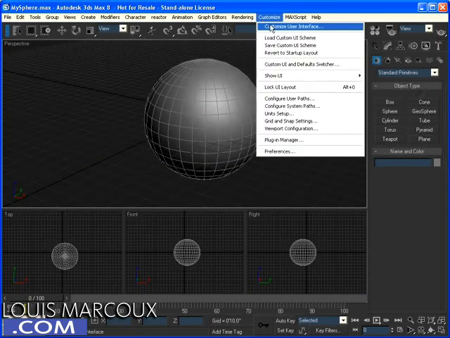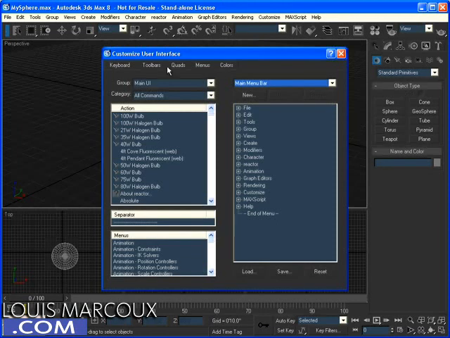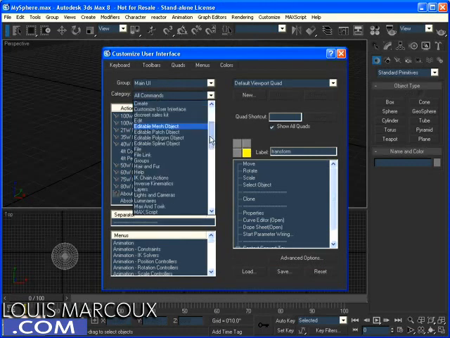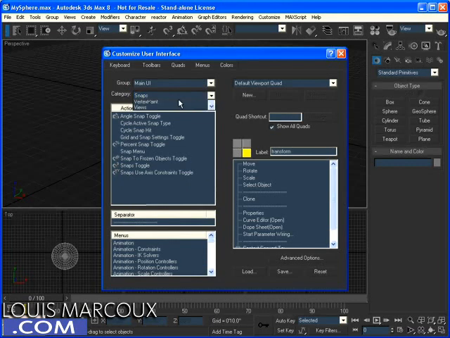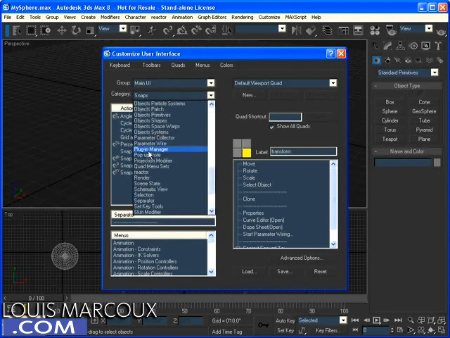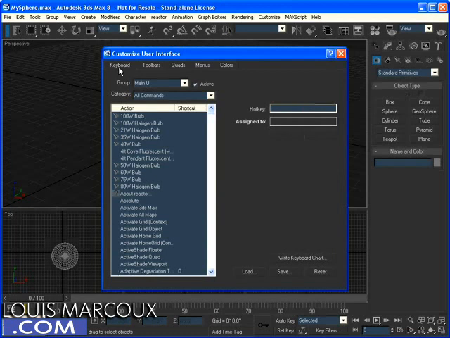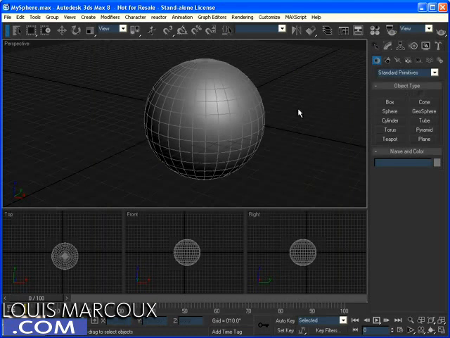So again, go in customize user interface. You choose where you want to put it. If you want to put it in quads, for example, you can go here and say category, pop-up notes. And I can drag those pop-up notes into quad menus or anywhere in the interface where I want to have access to them. I can even link them to keyboard shortcuts if I want to. So that's how you add pop-up notes in